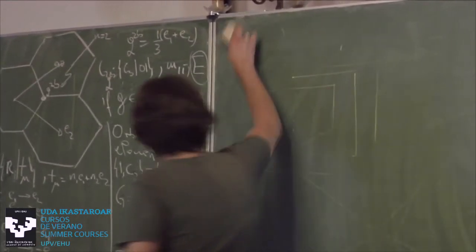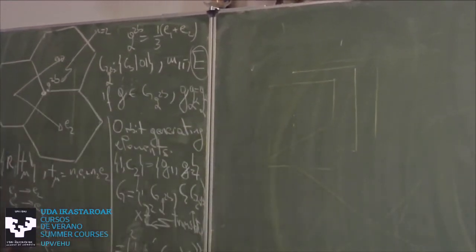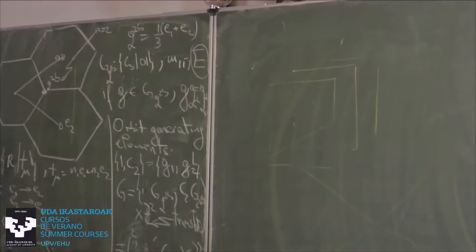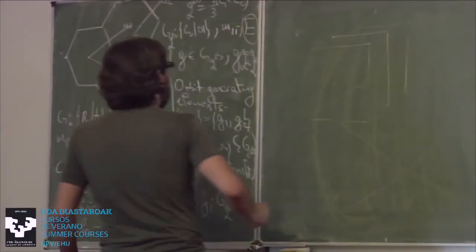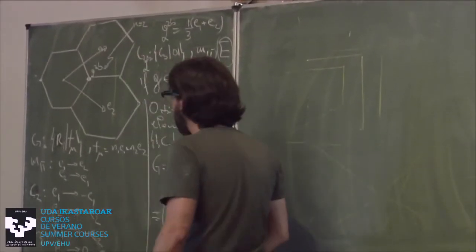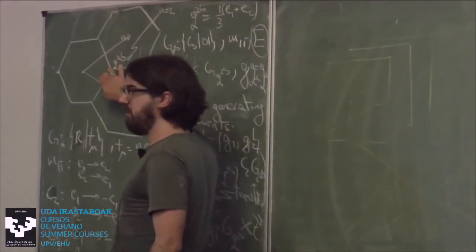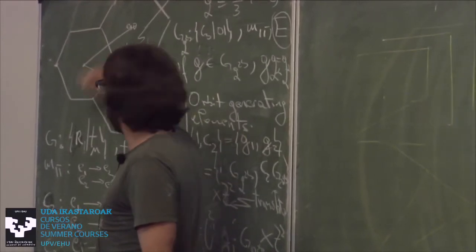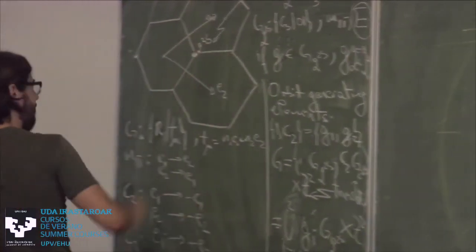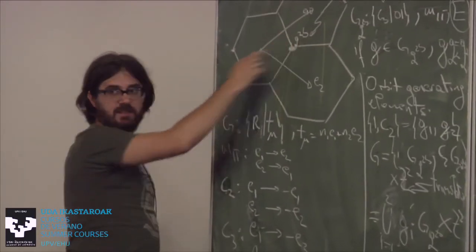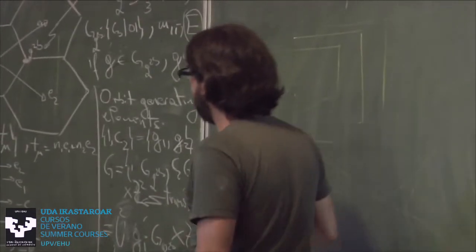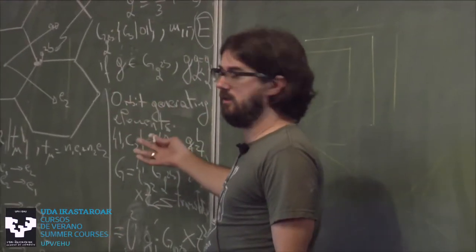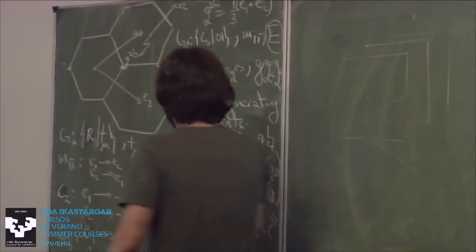I didn't explain why they're important, but they hold a special point, a special place in the group theory of lattices. And from now on, we're going to just focus on this 2b Wyckoff position. Why? Because we're going to do graphene. The atoms of graphene sit here. Okay? So this tells you everything you need to know up until you bring in the atoms, or like the orbitals.